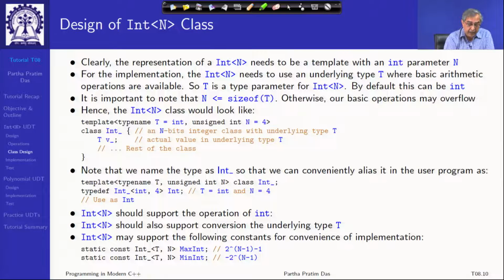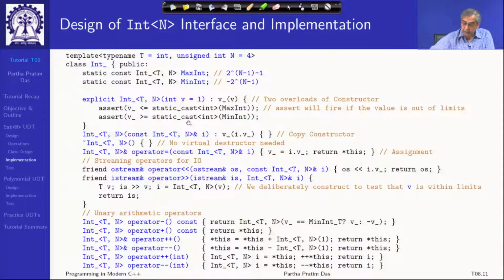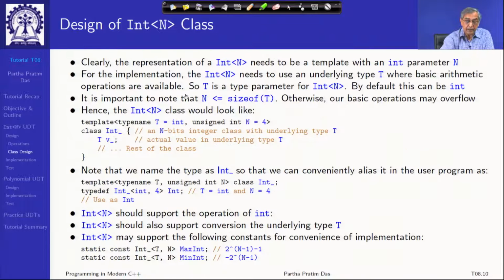So, I will have a template integer parameter, that is a non-type parameter unsigned n, and I have just given a default value 4. Also, this is for the interface, this is what the user will need. But to be able to implement this, I need an addition operation or subtraction operation, multiplication operation of some predefined